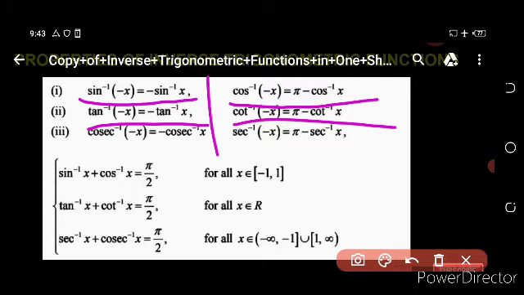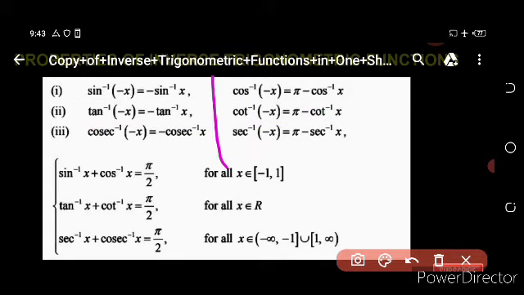We know sin and cos are opposites, tan and cot, sec and cosec. How can we know the logic? The first term, the c ones, cos, cot, and sec, are written in the form of pi minus theta. Cos inverse minus x is equal to pi minus cos inverse x. Cot inverse minus x is equal to pi minus cot inverse x. Similarly, sec inverse minus x is equal to pi minus sec inverse x.